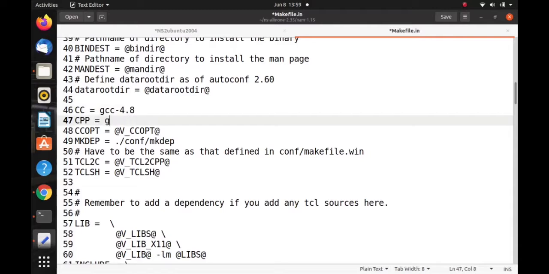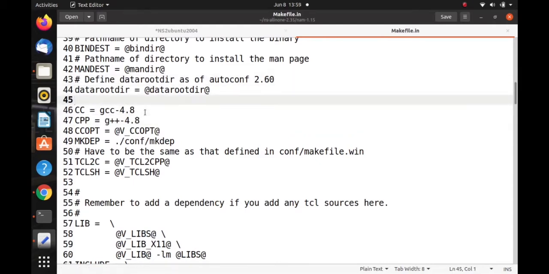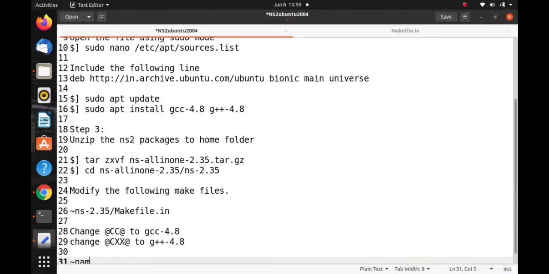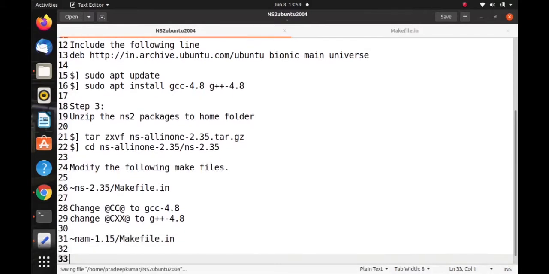Similarly here G++ hyphen 4.8. We'll be changing these two lines. This is in NAM hyphen 1.15, makefile.in. So this also we have to change, and this is done.